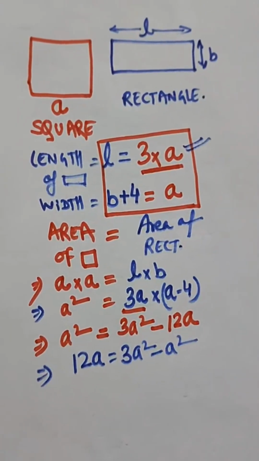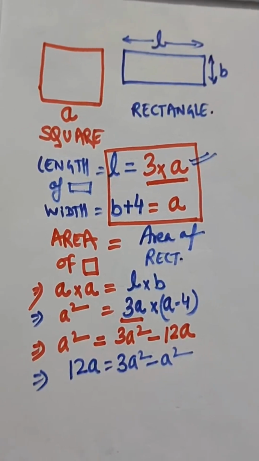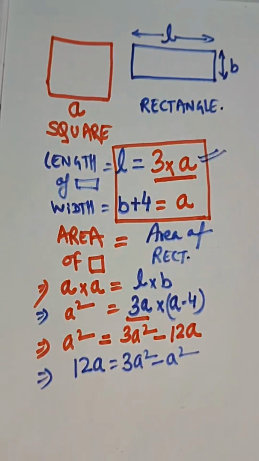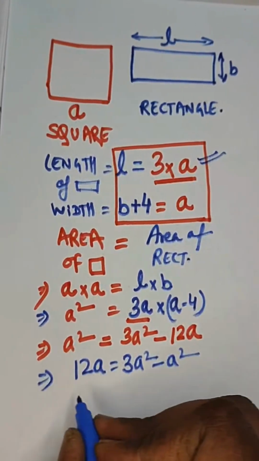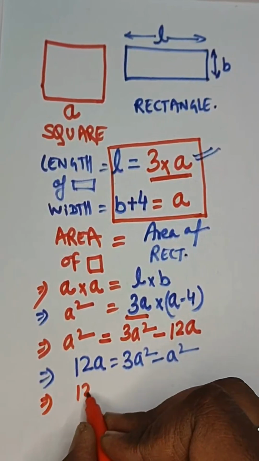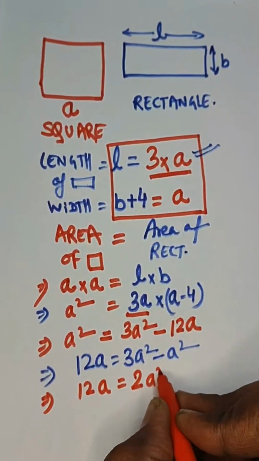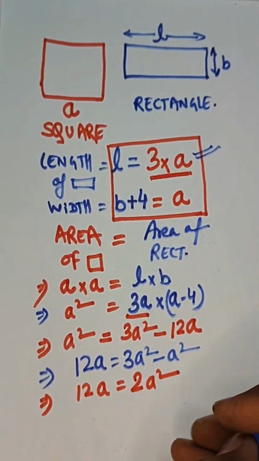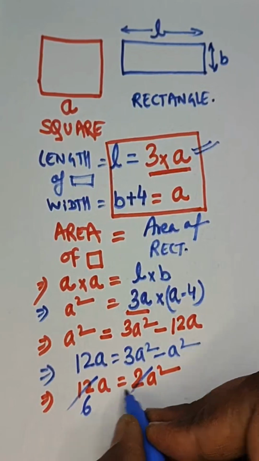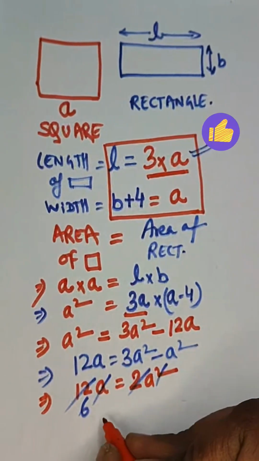So we have one equation in A, and we get 12A equal to 3A square minus A square, that is equal to 2A square. 2 will divide 12 into 6 times, and this A will be divided by this A, and finally we get the value of 6